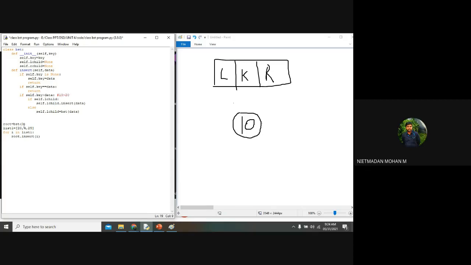So you just take that. If I am inserting 30 here, 30 is greater than 20. So where do I want to insert this? Right side or left side? It means 30 is my root node and 20 is my next node. So 30 is greater, so I want to insert this 20 on the left hand side, right?